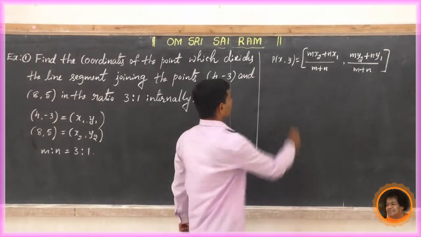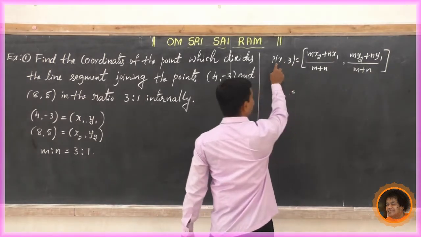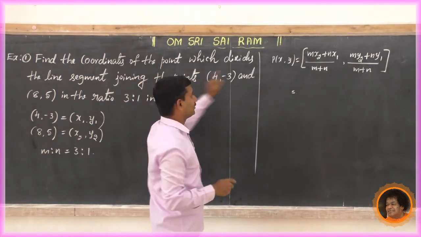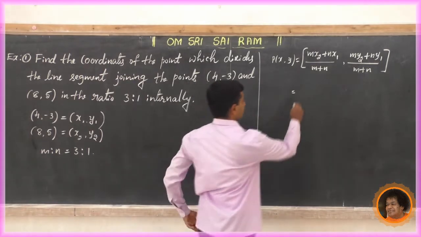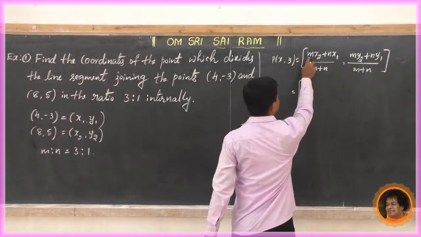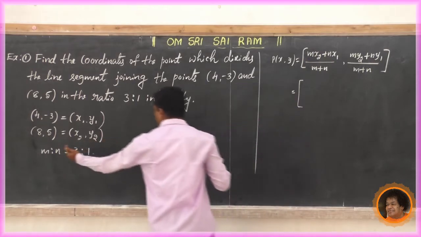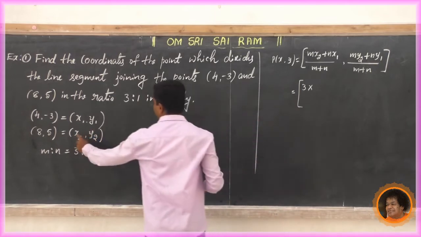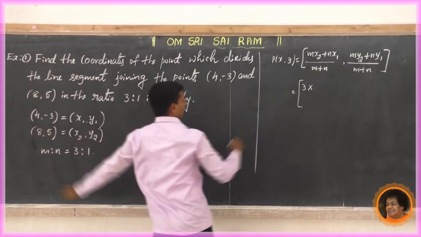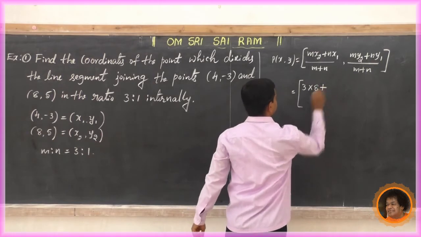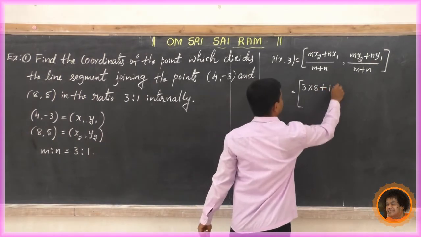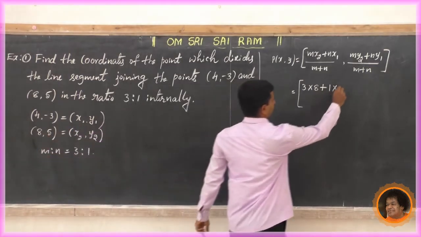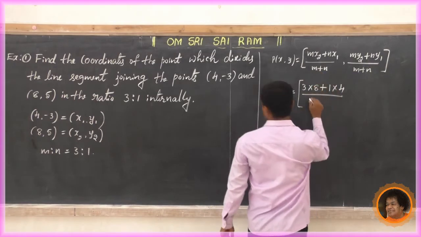Now substitute the values. P of x, y. We have to find the coordinates of the point P which divides the line segment. So P of x, y equal to, now substitute the values, mx2 plus nx1. What is the value of m? m is 3. So 3 into x2. x2 is 8. 3 into 8 plus n value 1 into x1. x1 value is 4, divided by m plus n,